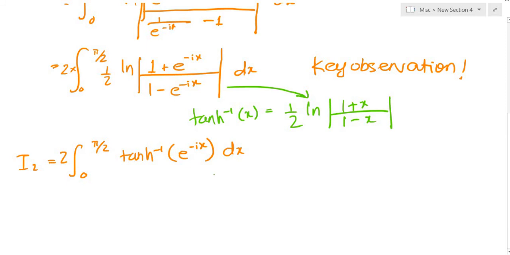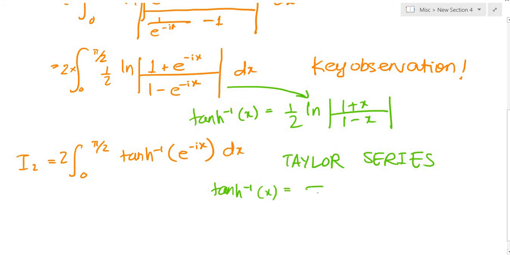Now, the use of writing e raised to negative ix inside an inverse hyperbolic tangent, well, because now we have a specific function that's dictating how everything is going to occur. And one thing about specific functions is that we can use Taylor series of them to calculate absurd integrals like these. So the Taylor series for the inverse hyperbolic tangent of x